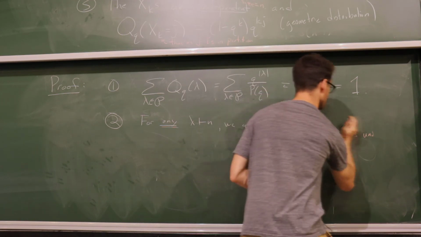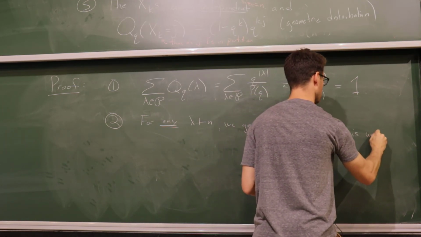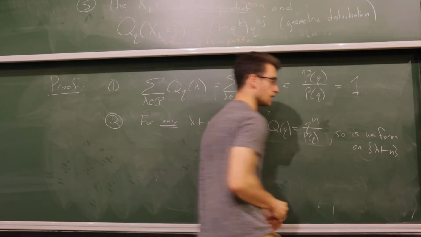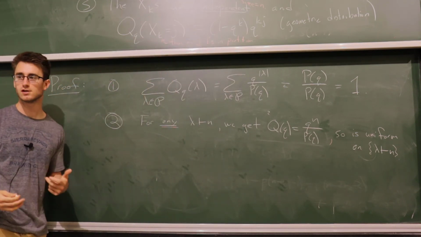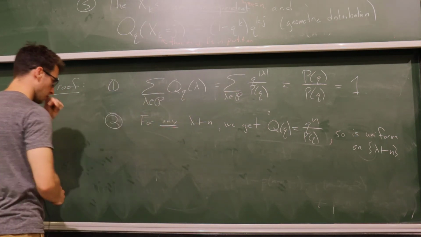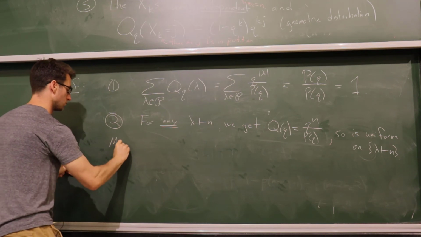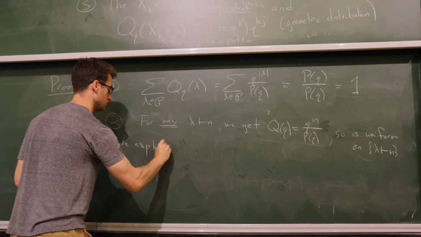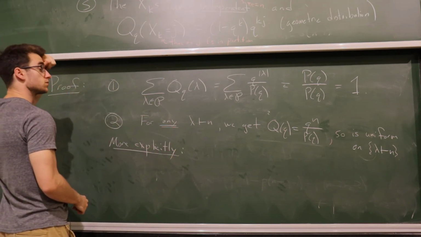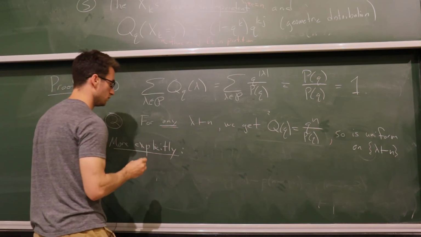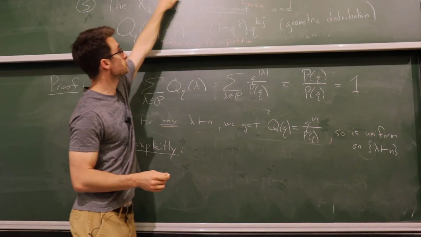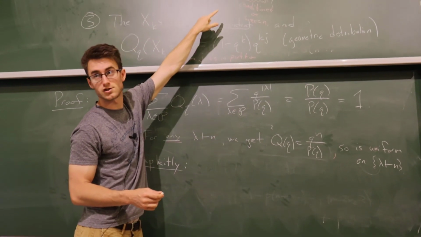Why am I using red? If you want to do this a bit more explicitly in terms of probability, I'll go ahead and write that out too. But in fact, that's all you have to say. But if we want to be more explicit, yeah. So we want to check this condition here, that Q_q of lambda, conditioned on the size being n,